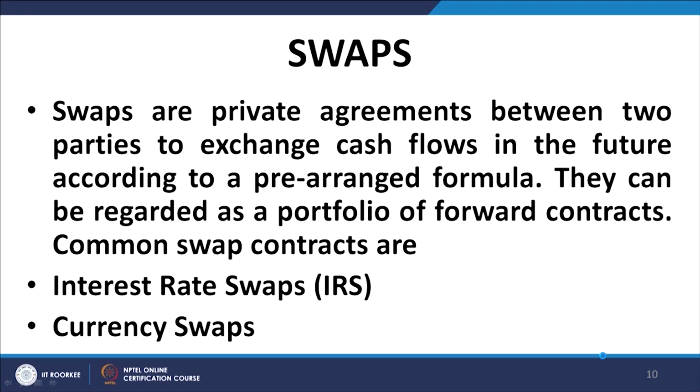It involves exchange of cash flows between two parties A and B. Usually, the computation of one of the cash flows is tagged to a particular variable which varies in reference to some economic conditions, and the other leg of the contract is independent of that particular variable. For example, we had this floating rate leg and the fixed rate leg in the illustration that I gave to you just now. So, that is briefly all about derivatives.